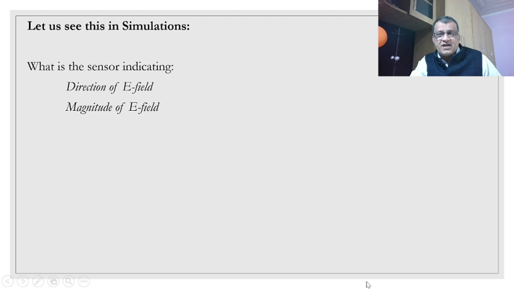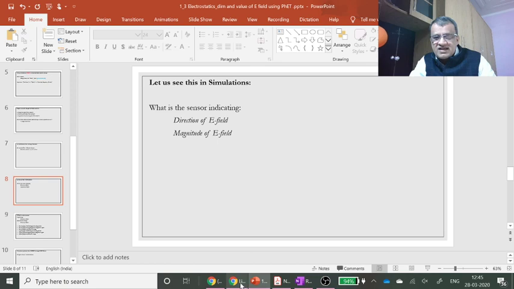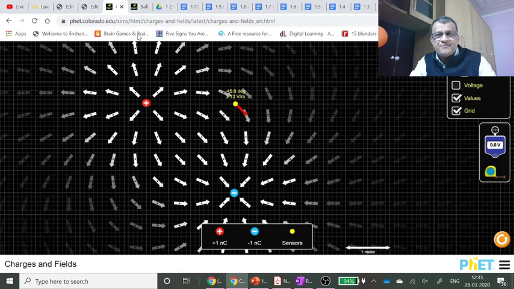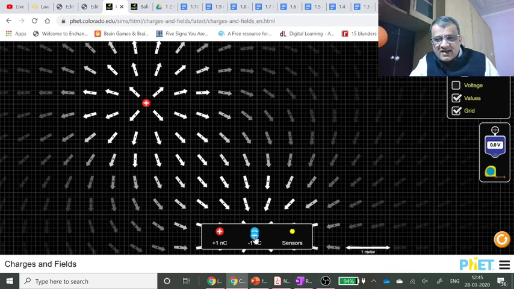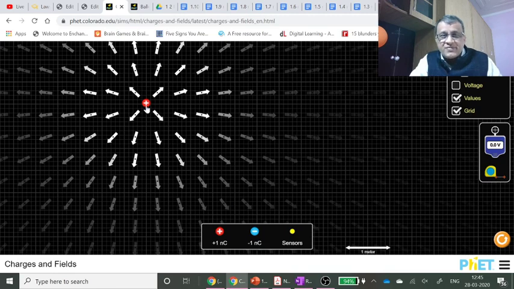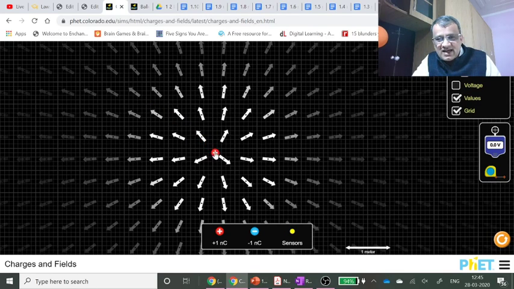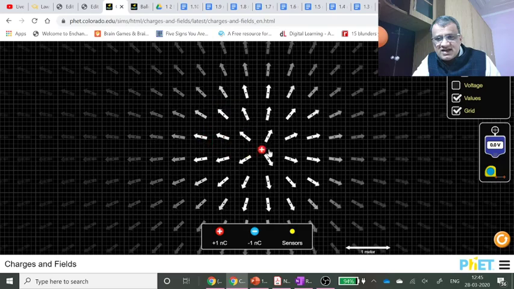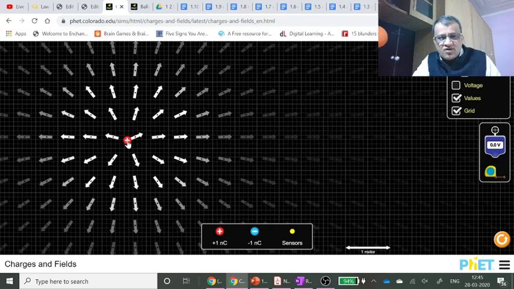Concentrate on this work. So what we'll do now is go to the simulations and see these cases there. A few things I have already placed. And we will answer some questions from CBSE, and also from NCERT. So first thing, let's place, and let me remove this minus also. I was playing with it already. So there is a positive charge, and if you want to see its area of influence, the region around it, you can move it around and you will see